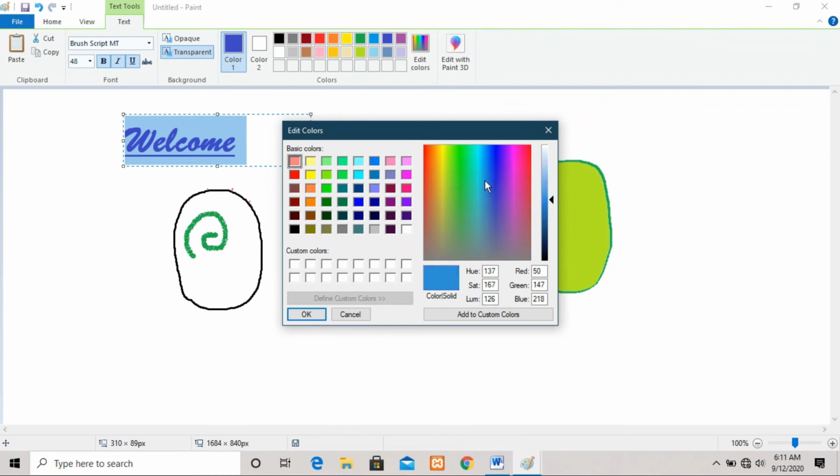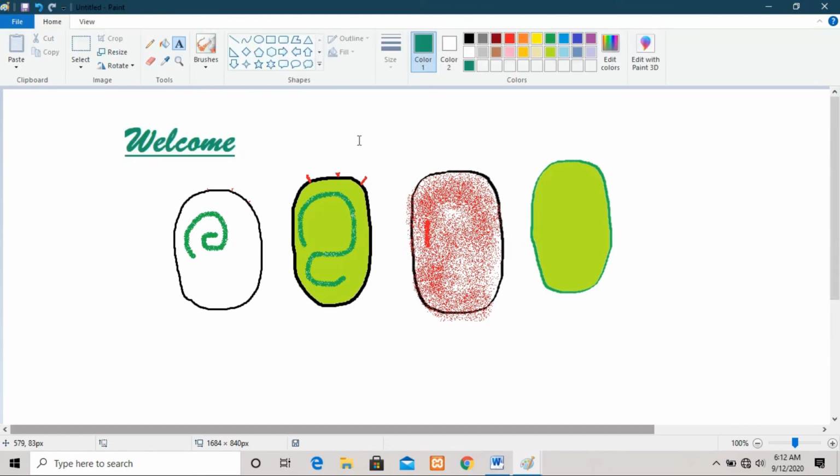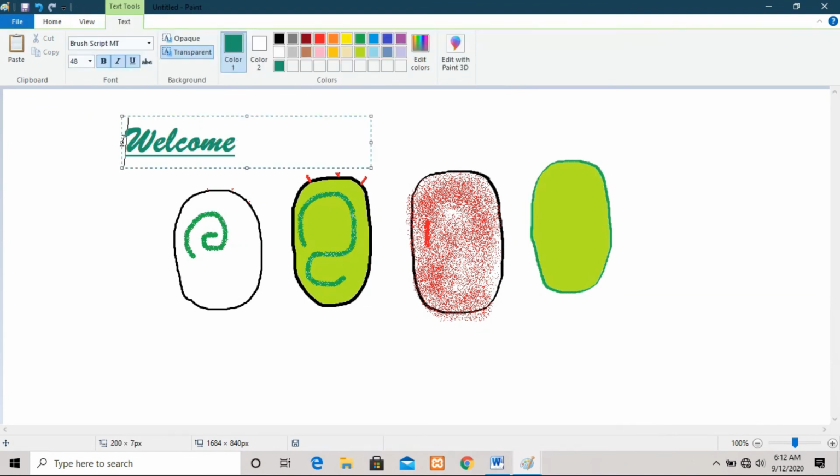Suppose I want the aqua color, green aqua color, then I just drag my mouse to the green aqua color, and you can increase or decrease the color darkness or lightness from this arrow. And then once you have done, just click on the OK button, and now you can see here your color has been selected in this box, and your color is also applied on this box. Okay, so this is how you can type something in your drawing.